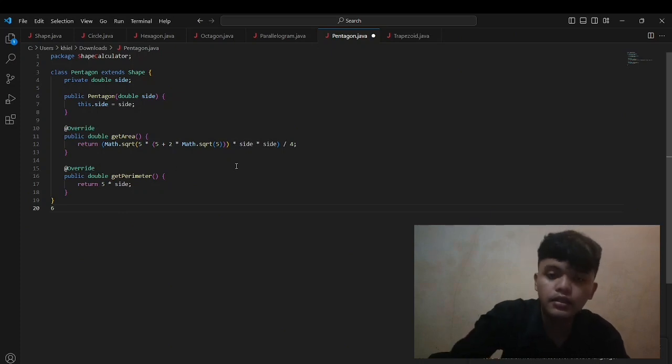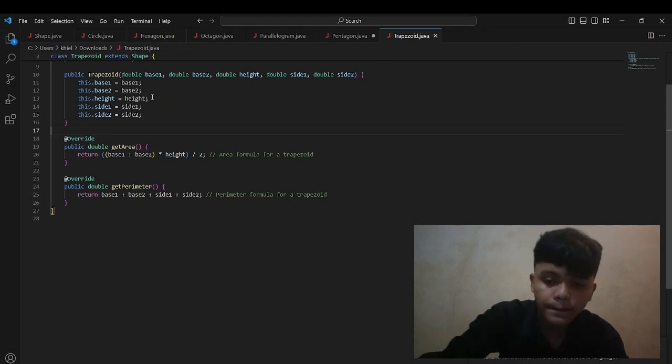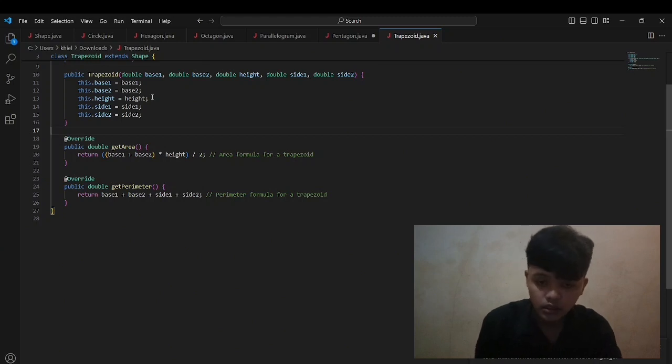And next is the last shape, the trapezoid shape. The trapezoid class extends the abstract shape class, inheriting its structure: trapezoid extends shape.